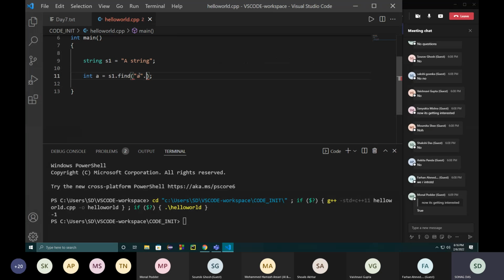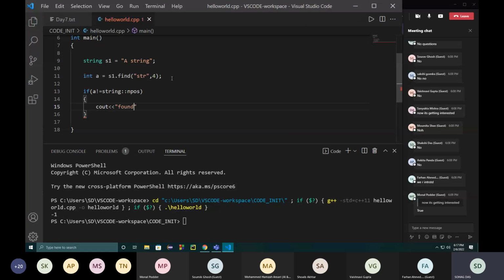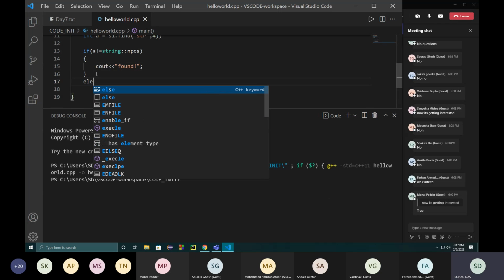Oh, you can also specify, let's say I'll also show this. Say we are trying to find str from 0, 1, 2, 3, 4 from the fourth index. Okay, so it will not be found. So it should print nothing. I have not written an else statement here. You see, nothing is written here. If I write an else statement,